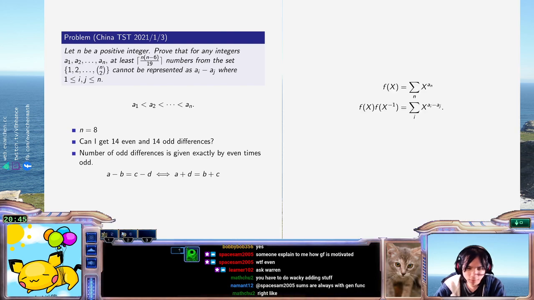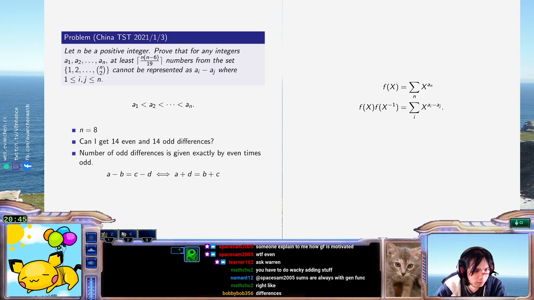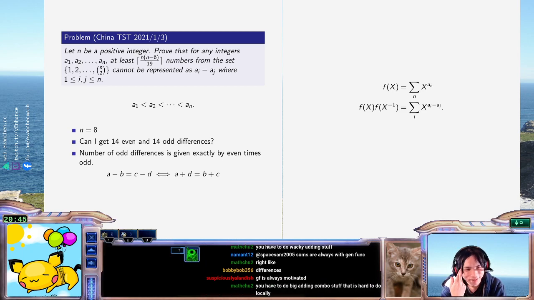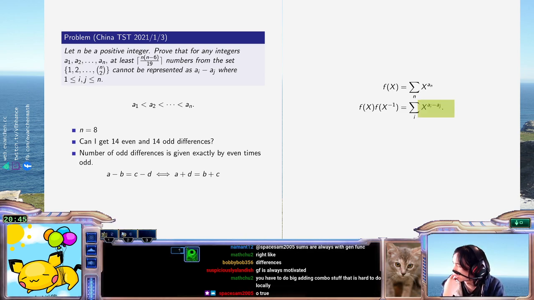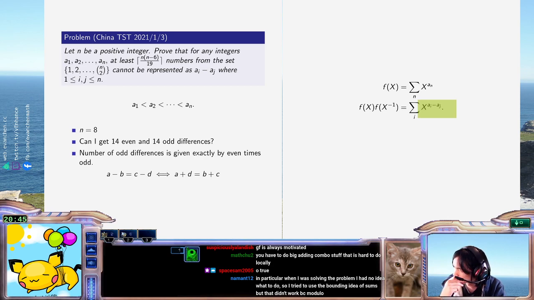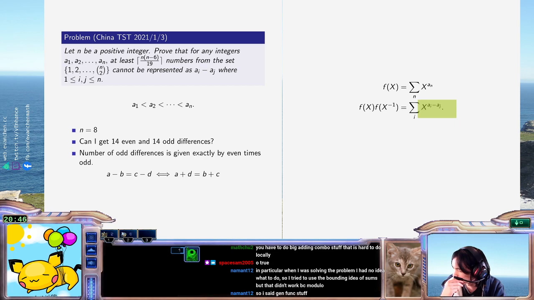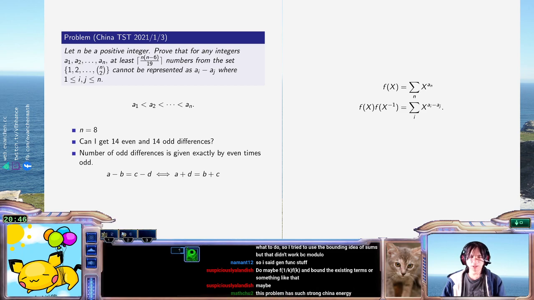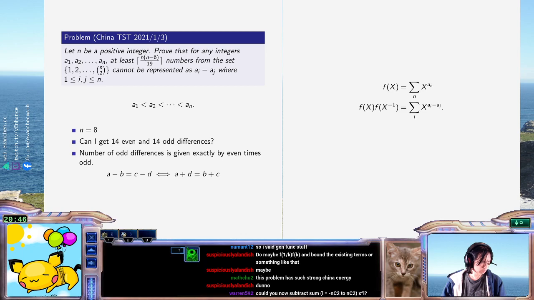Okay, so no, the problem is how do you get information about how many times a thing appears? I just don't see where you get the power from, when you do this. One, how do you bound the exponent? And two, could you now subtract